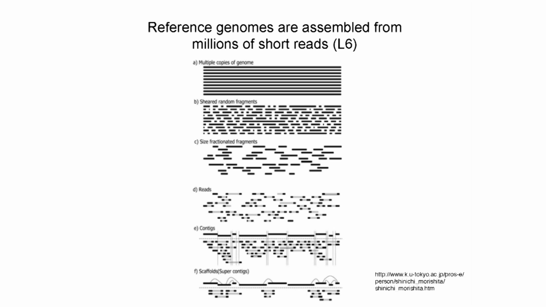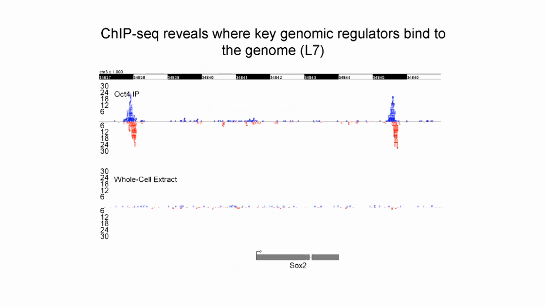And in the next lecture, in lecture 7, we'll be looking at how to actually take those little DNA molecules that are associated with proteins and analyze them to figure out where particular proteins are bound to the genome and how they might regulate target genes. Here we see 2 different occurrences of OCT4 binding events binding proximally to the SOX2 gene, which they are regulating. So that's the beginning of our